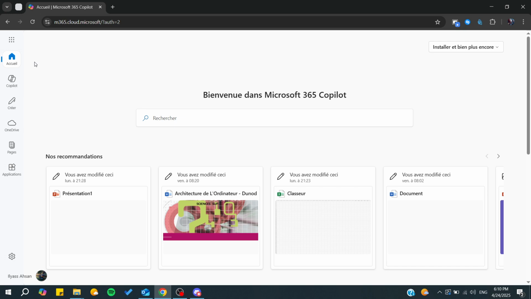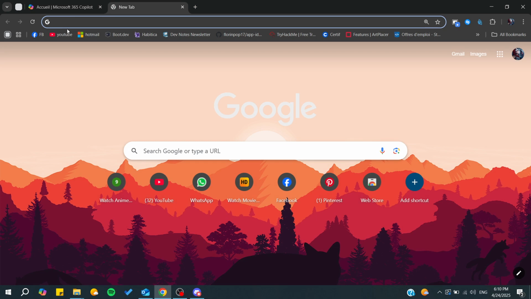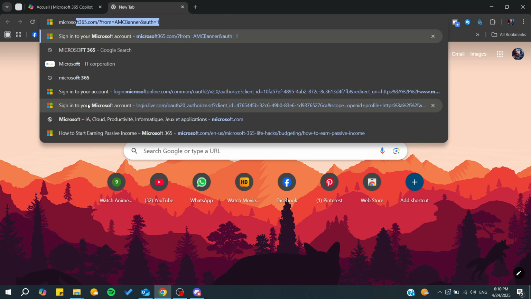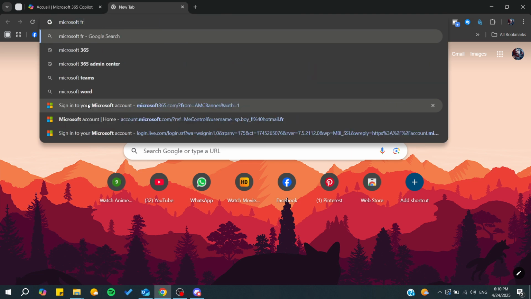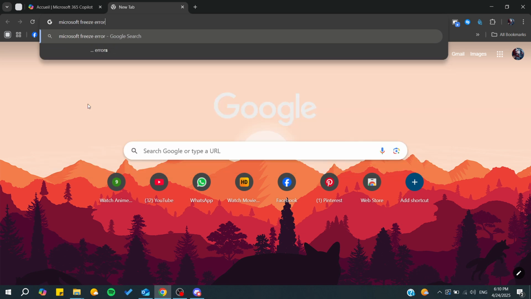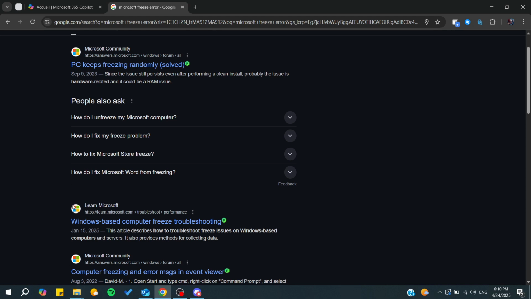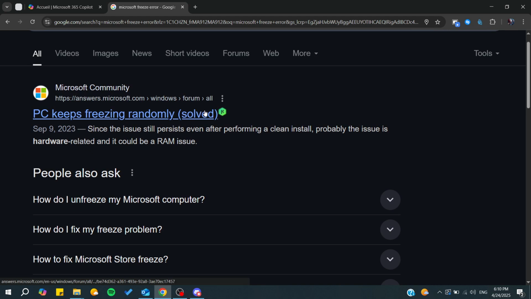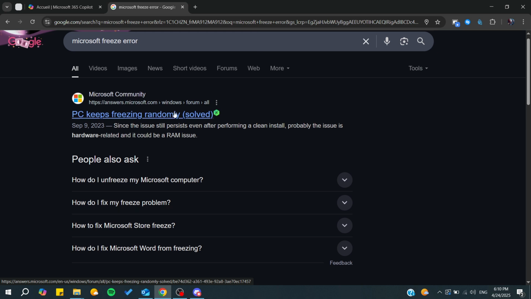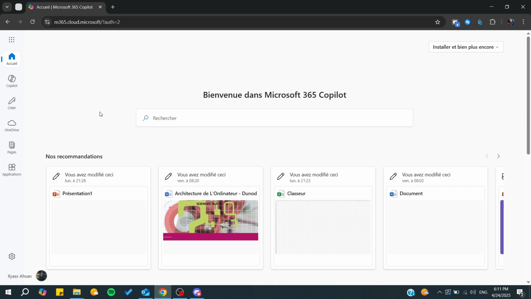So it really depends on the error, and you can simply go, for example, to your web browser and search for the error. So let's just go for Microsoft freeze error, and then you will find many articles from Microsoft itself, like either the support or from the community, and you will find that there are many errors with troubleshooting or some solution to do. But there is some other thing that you can try before doing anything, and one of them